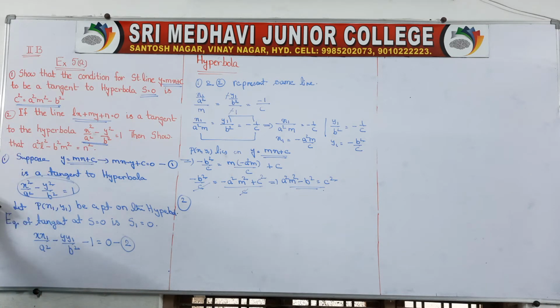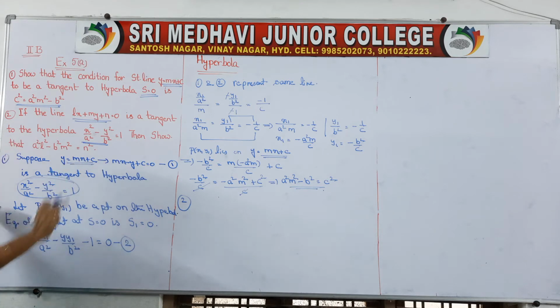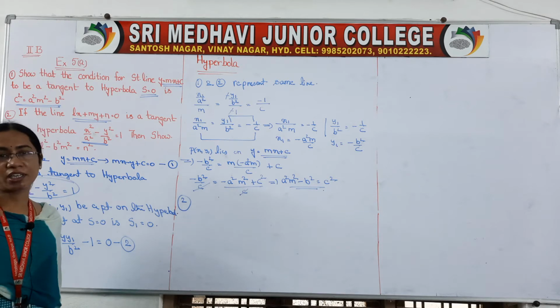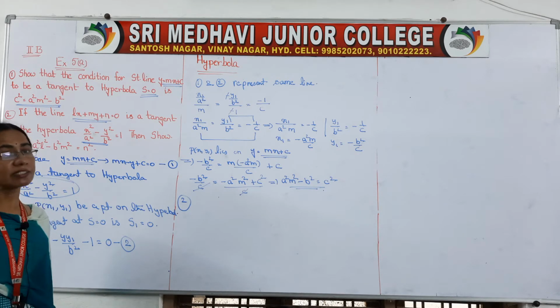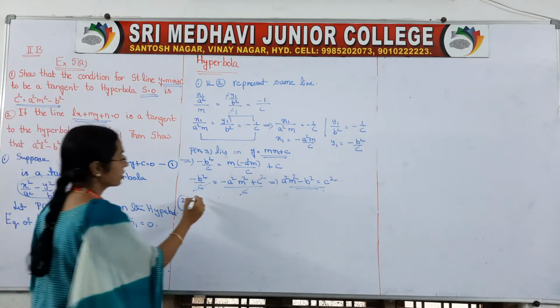Okay, so same type we have to prove. First we will consider this as the tangent to this hyperbola. Next we will take one point of contact and we will find one tangent at that point of contact. Both represent same equations. Like that we have to solve. So come on, suppose